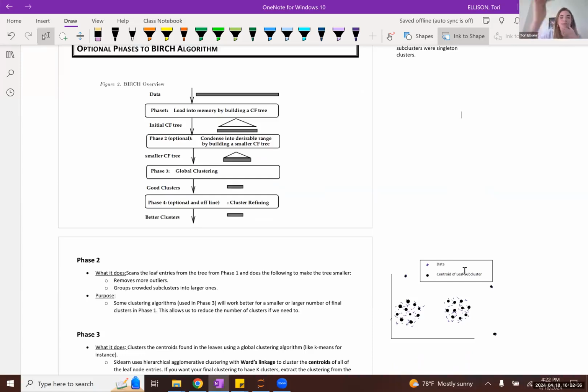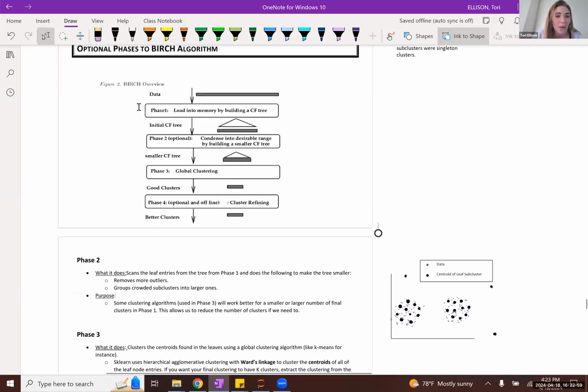So even though you've created a CF tree which represents the clustering structure of your data, if you've only done phase one, you have yet to assign a formal cluster label to every observation in your data set.